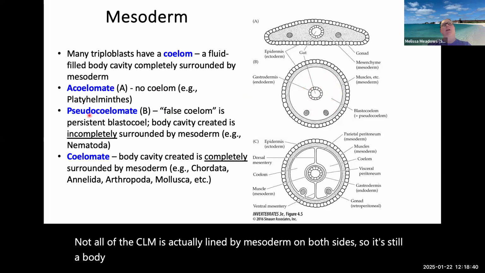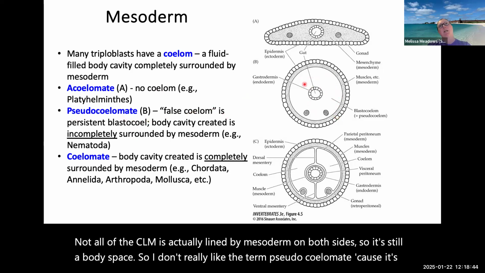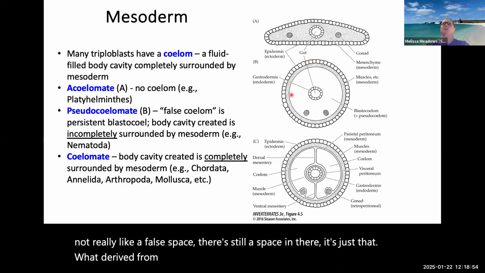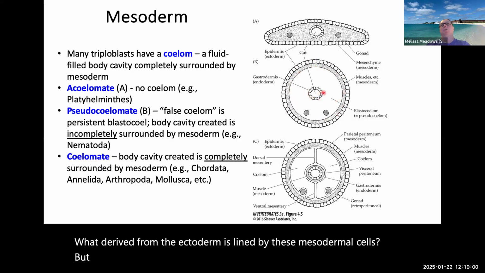I don't really like the term pseudocoelomate because it's not really like a false space. There's still a space in there. It's just that what derived from the ectoderm is lined by these mesodermal cells, but then the endoderm is not lined by